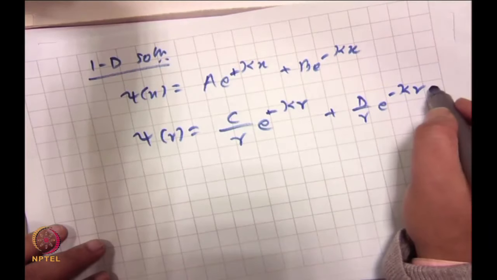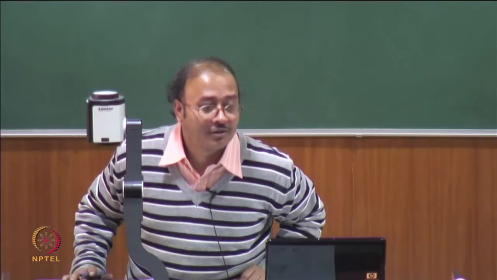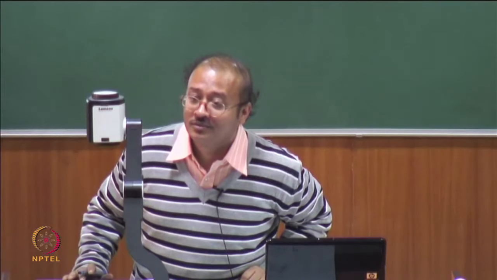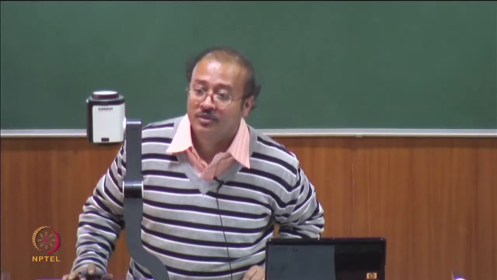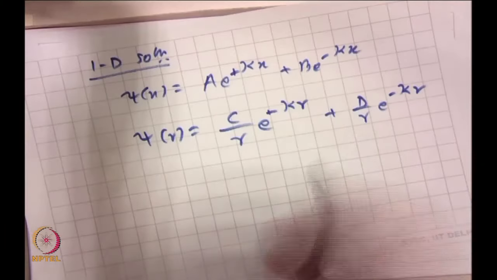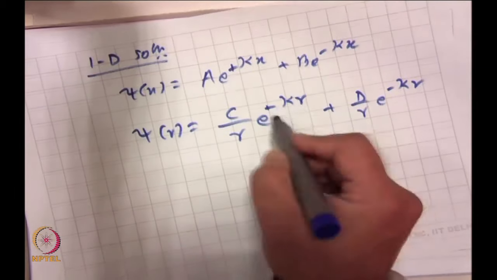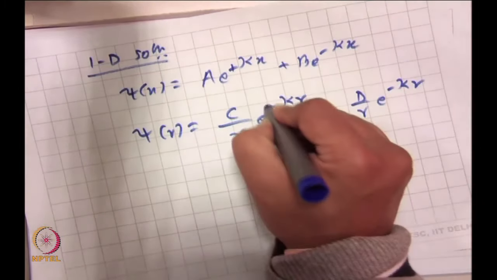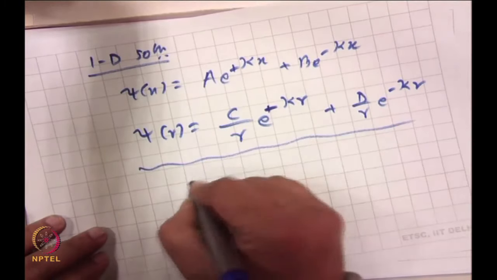Should I be writing psi here? Psi is the solution, come on, right? Psi is what we are solving for. We should not be having psi out there. We are solving for r psi, which is essentially your x, right? But this is just psi. Psi is the solution we are looking for. So this is what your psi goes to: C by r e to the plus kappa r, D by r e to the minus kappa r. So please correct this one. This is the correct form.